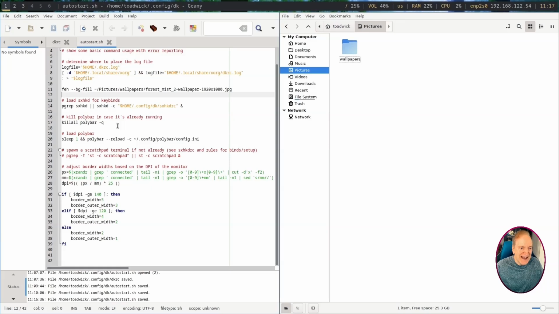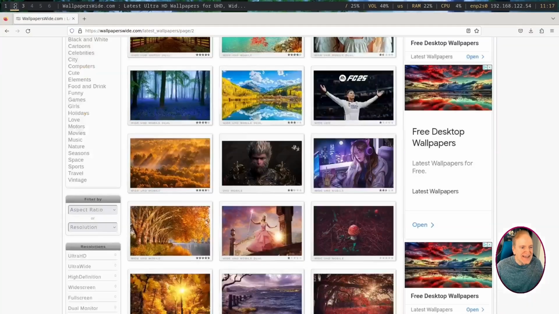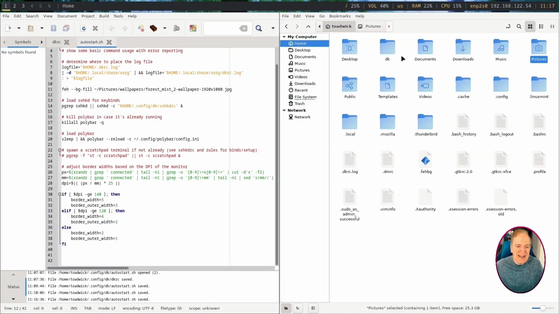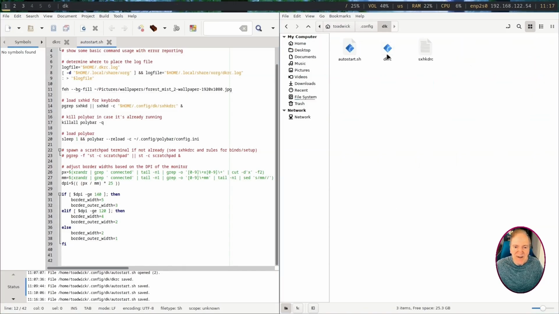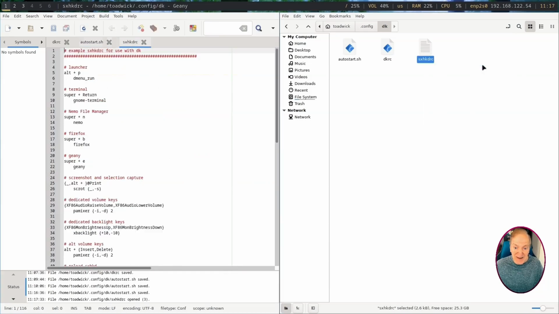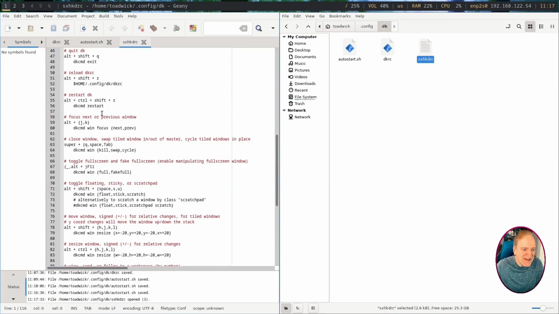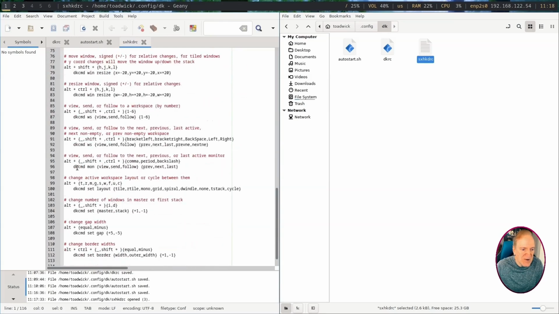Nice. I'm liking it. So let's see. Let's go back into our, actually, let me open up our sxhkdrc file. So I'm going to go back into .config/dk and right click on this and open up our sxhkdrc file. I want to come down here to where we have our follow,